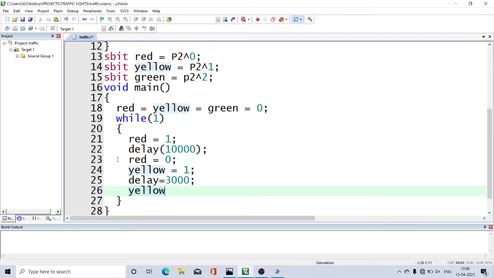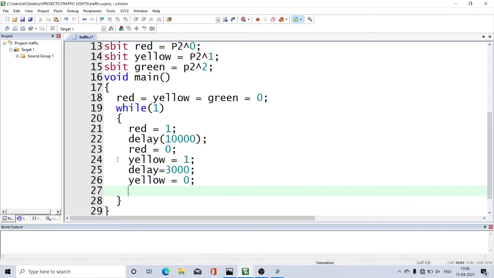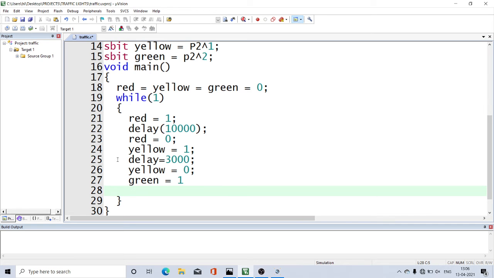The next, yellow equal to 0 and green equal to 1. Here I am not ending it with a semicolon. So when a particular error is generated, how to debug it, that also I want to show it. For that purpose, purposefully I am creating some errors in the program.